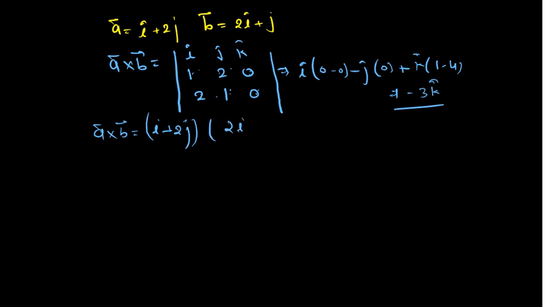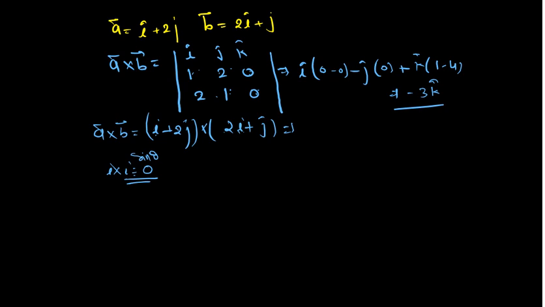You can see again, if I am doing it one by one, then i plus 2j crossed with 2i plus j is the cross product. I will make the cross product of i with i. If I cross i with i, there is a 0-degree angle between these two, so the cross product will be 0, because the cross product gives sine theta. The angle between these two is 0, so it will be 0.